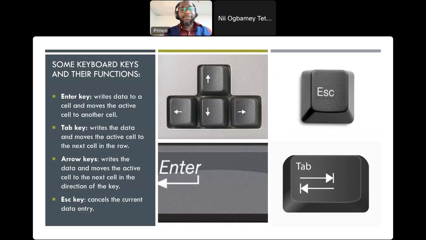we have the alignment. If we had time, I would have explained what each button here means and what you can use them for, especially the clipboard. Those of you who do a lot of copy and paste, the clipboard is very awesome for you because it can help you paste things that you've copied. By standard copy and paste, you can only paste the last item you copied. But if you're using the clipboard, you can copy 23 different items and decide as and when you want to paste them.